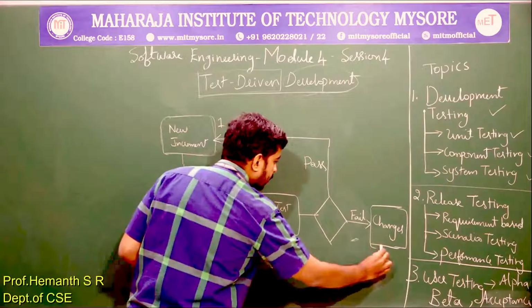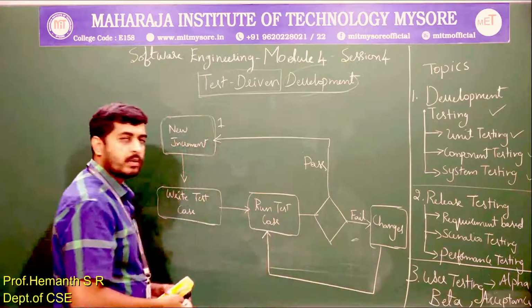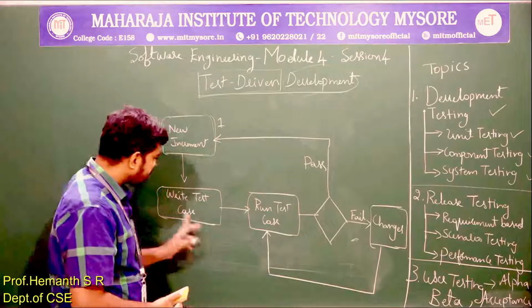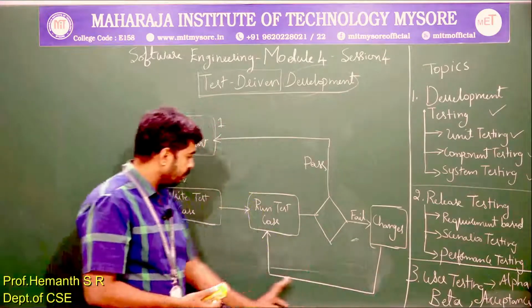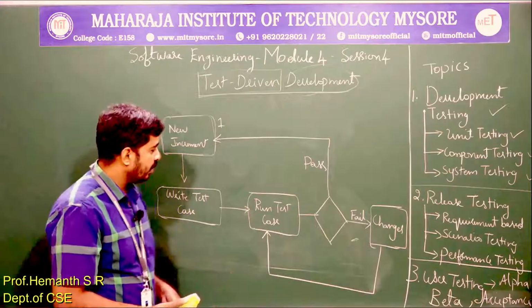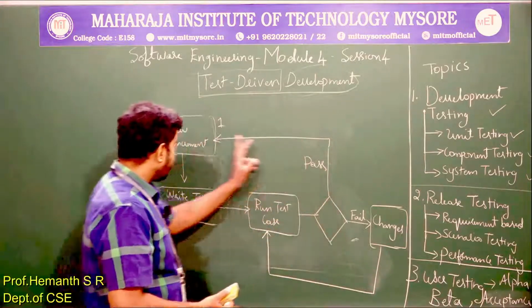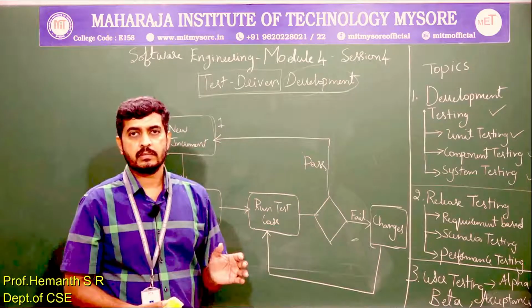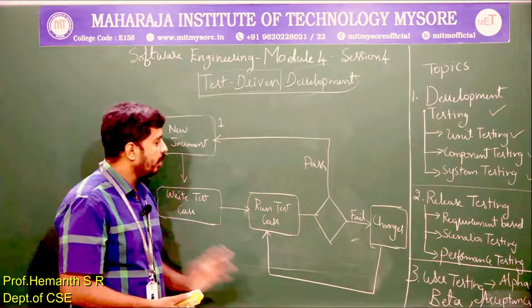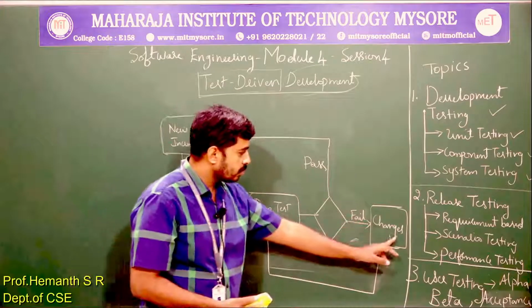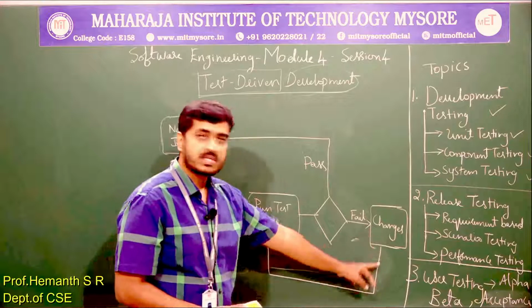I will run the same test case once again. I am not writing a new test case, it is the test case that was written previously. So after doing the required changes, I will run the test case. Once again, same thing. If it passes, I will take up the next functionality. For the new functionality, I will write the test case and run the test case. If it fails again, I will try to identify the reason for which the failure has occurred, and fix it.